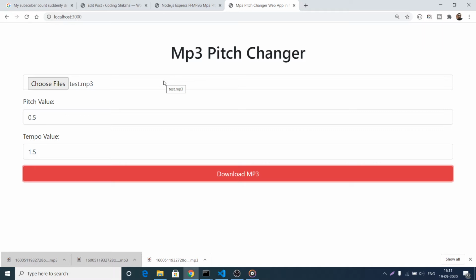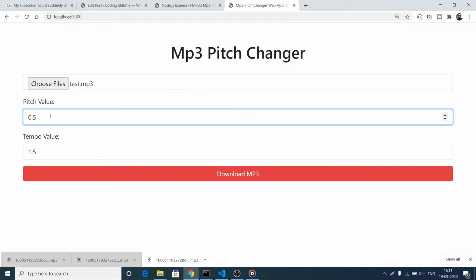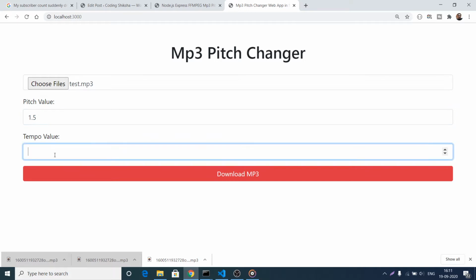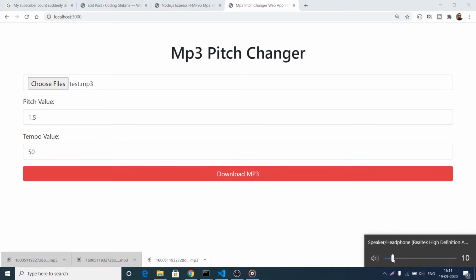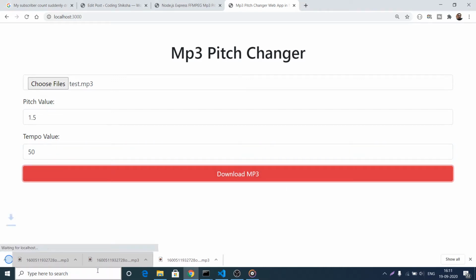So I think this will be a fun little application. You can try out these values accordingly. Let me change the pitch value to 1.5, and again you can have tempo values. Let's suppose I change this to 50, and if I just download mp3 and open this file here,